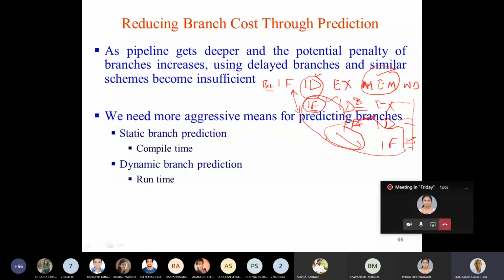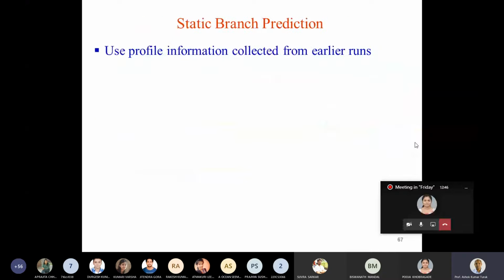So the resources required for runtime prediction, that is dynamic prediction, and for static prediction will be different. When the compiler is used for prediction, or when you are making a static prediction, it needs certain resources or some amount of information so that it can predict. And when you go for dynamic prediction, it needs some other resources so that dynamic prediction can be done. So let's look at static prediction and dynamic prediction, and we'll look at more detail on dynamic prediction in subsequent lectures.